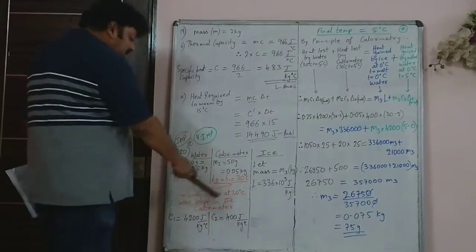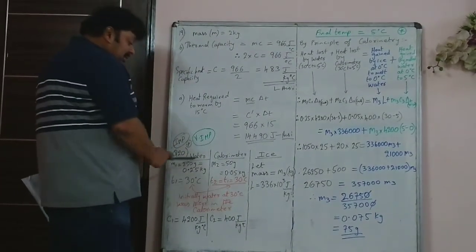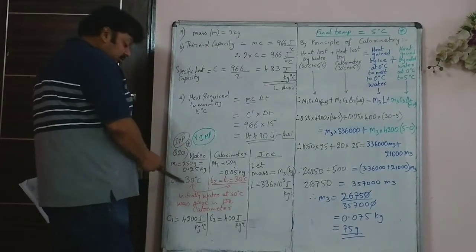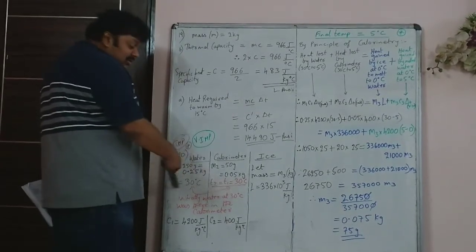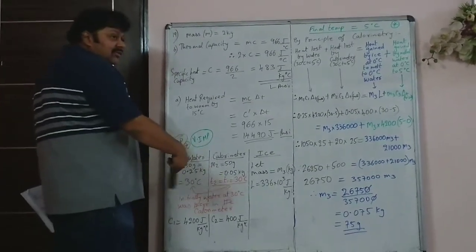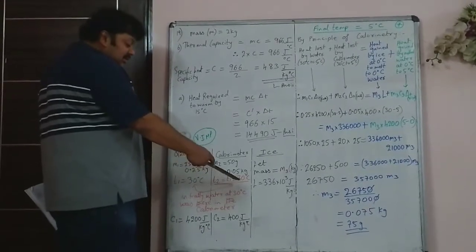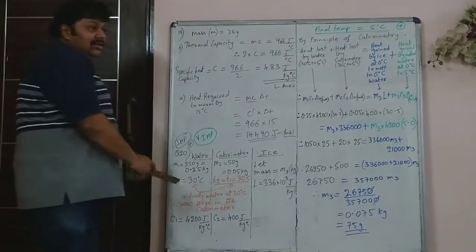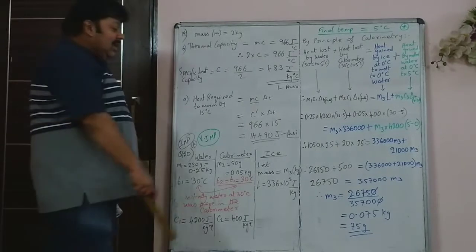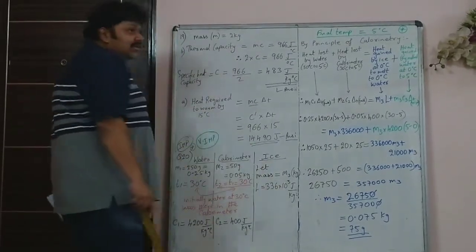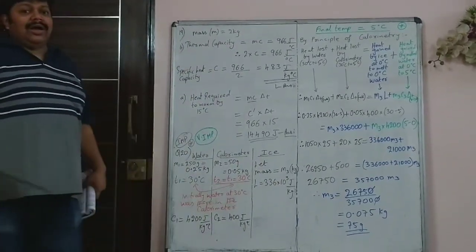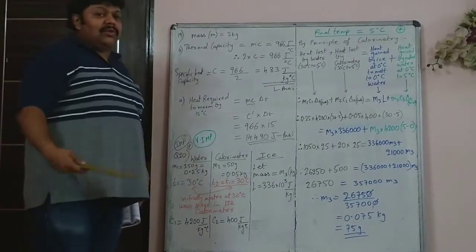And initially in this sum, the calorimeter had water. So both of them are the hot substance in this case. Their temperatures will be 30 degrees Celsius, so both calorimeter and the water inside. Ice is at 0 degrees Celsius, and you can't have ice at 5 degrees Celsius, it would be water.